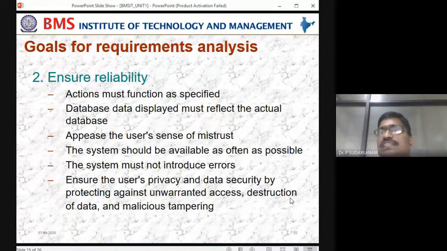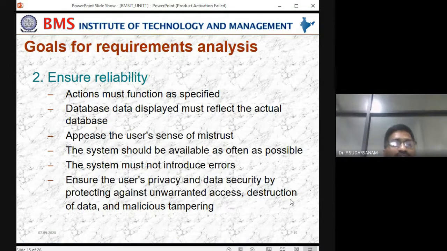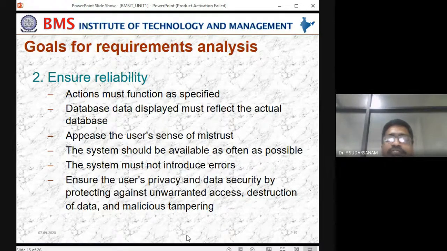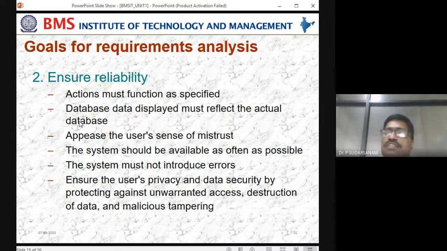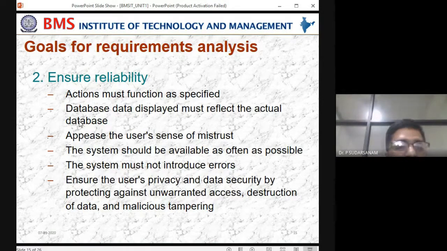You can take many examples. You go for a house loan or personal loan or banking systems or social media or Amazon. And in these, how it will be working. So ensuring the reliability is also most important. These things they need to take care of. So that is the second point.